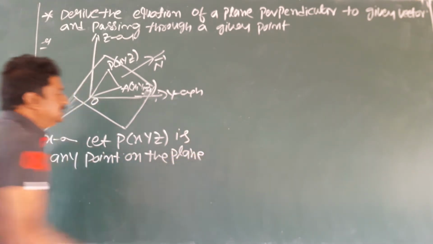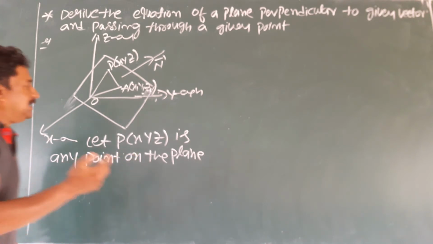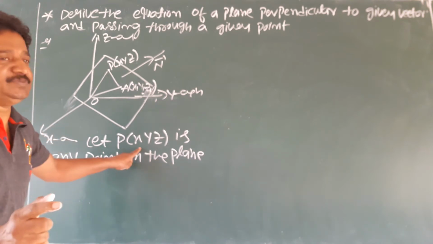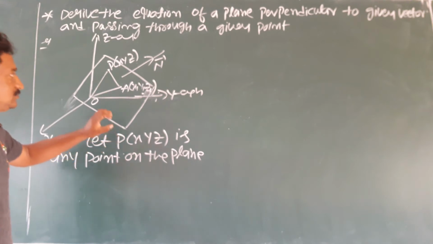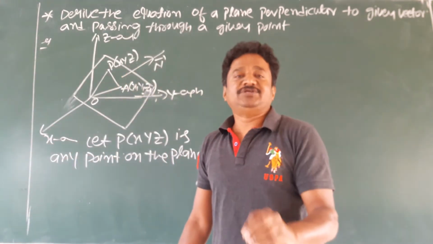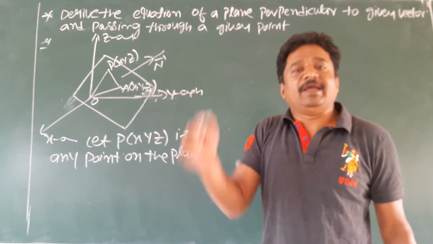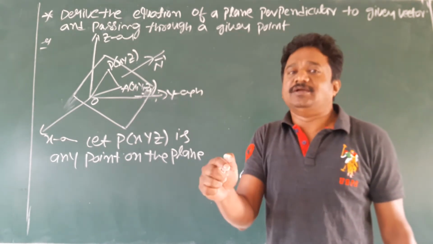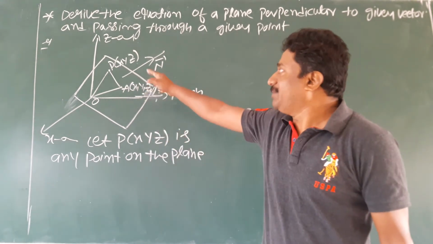Description is not required, but writing a description attracts a little. There are no marks for description, but every time you write a one-line description, students, after that you go for that. I told you in the last class itself, for a plane's equation you should take perpendicular. In lines we take parallel or collinear, but in planes we should take perpendicular only.